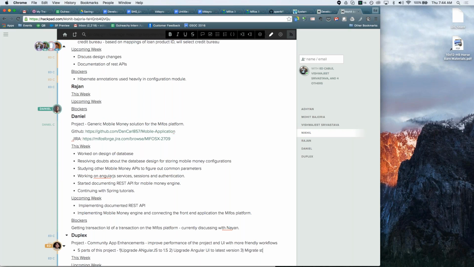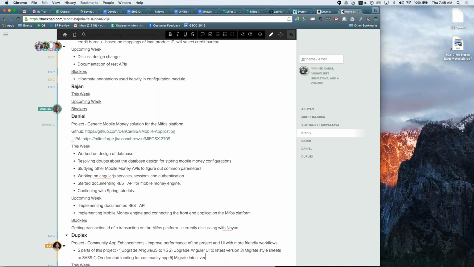I will also have to bring on-demand loading to the community app, which will affect the performance of the application very well. And finally, I will have to migrate all the related plugin versions to match all the components.